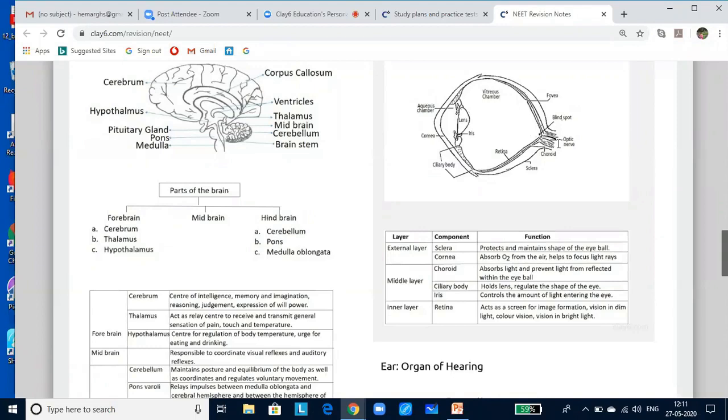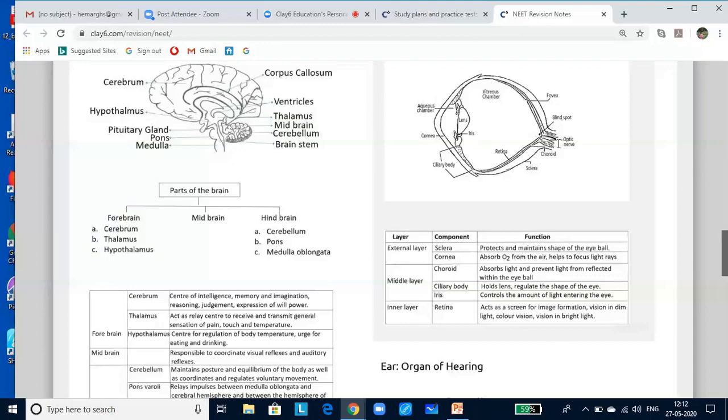The inner layer is the retina, which contains ganglion cells, bipolar cells, and photoreceptor cells. There are two types of photoreceptor cells, that is rods and cones. The daylight vision and color vision are the functions of the cones, and the twilight vision is the function of the rods. The optic nerves leave the eye and the retinal blood vessels enter it at a point medial to and slightly above the posterior pole of the eyeball.